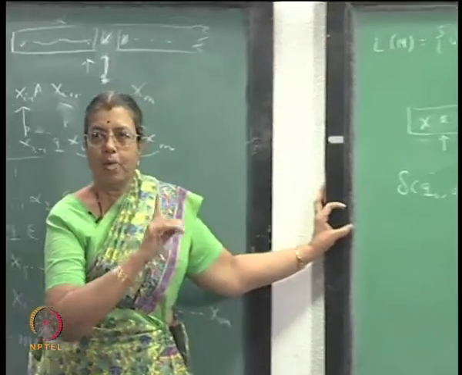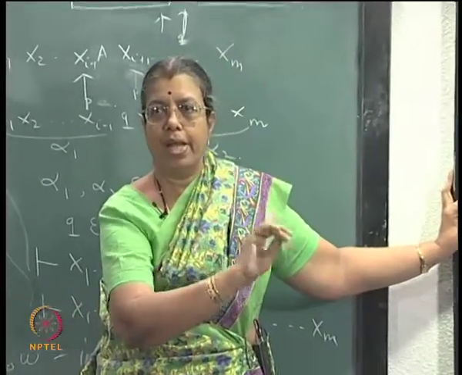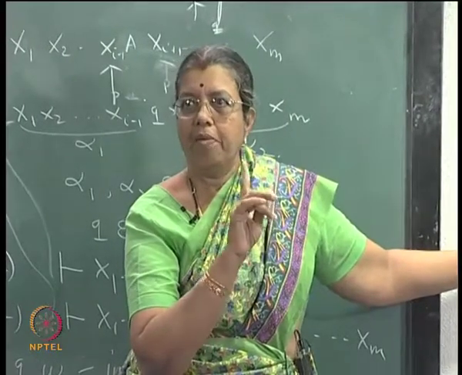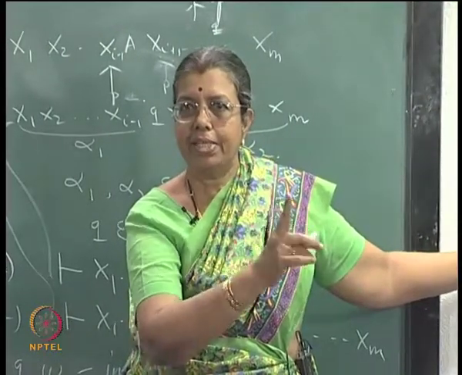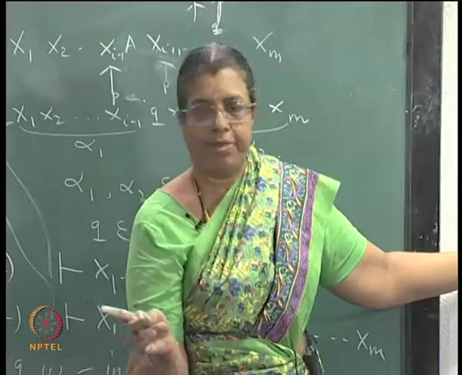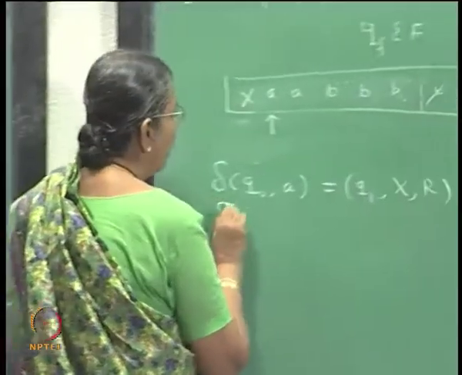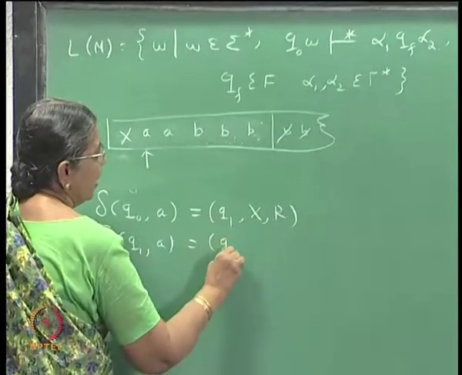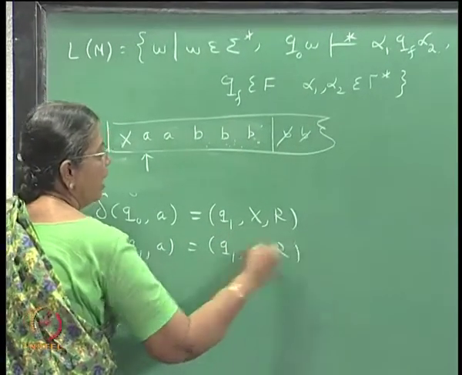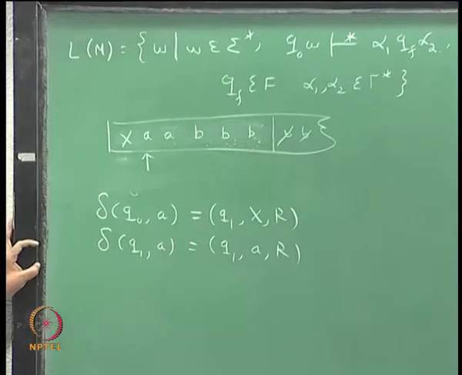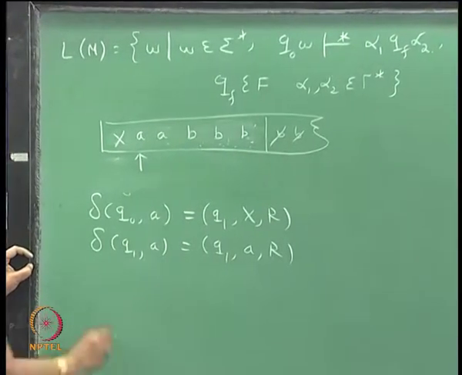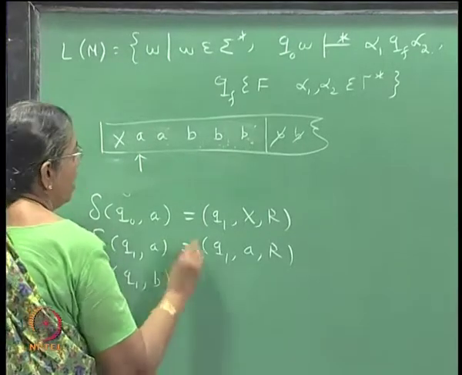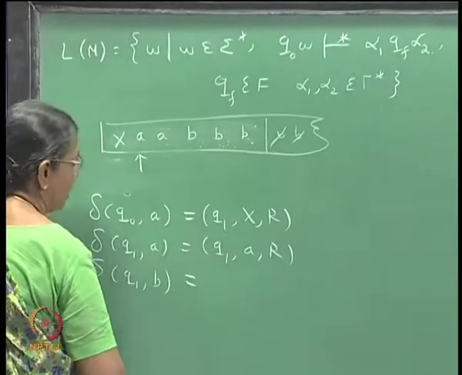Now, in q1 it has to move right and it has to see the B. When it sees the B, it will change state and start moving to the left. So, delta of q1 A is q1 A R, just moves right, and delta of q1 B, when it sees this B in state q1,